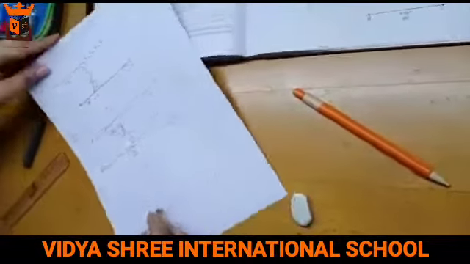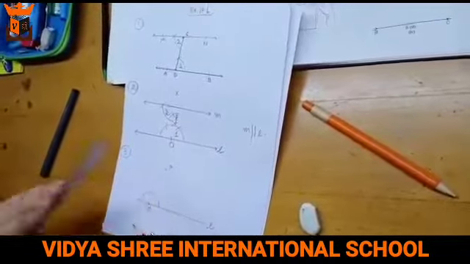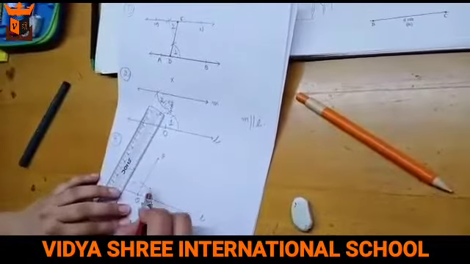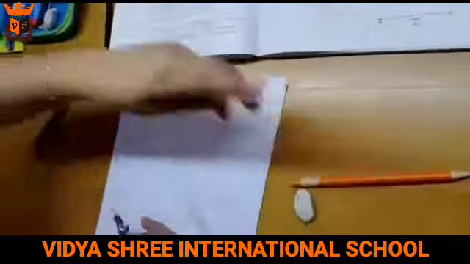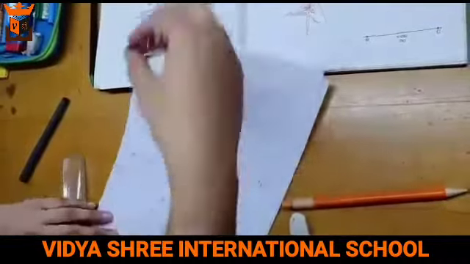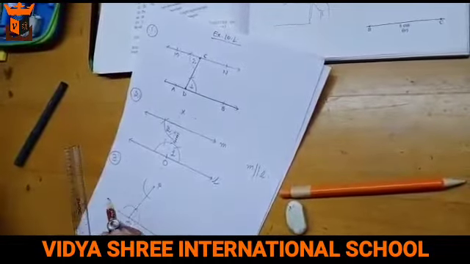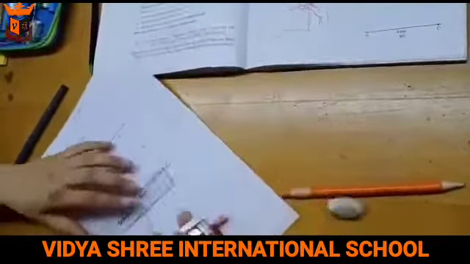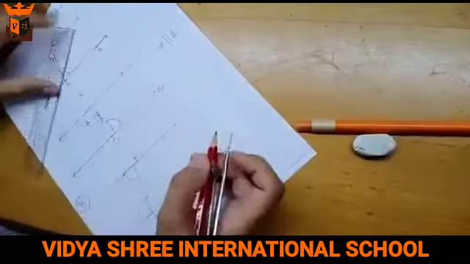semicircle over here. So draw a semicircle and then join a line here. Okay, like this you can first of all make a semicircle on the line at point P here, and then open some arc to take a cut over here, and then we need to cut over here. Okay, now join this point to the cut like this.